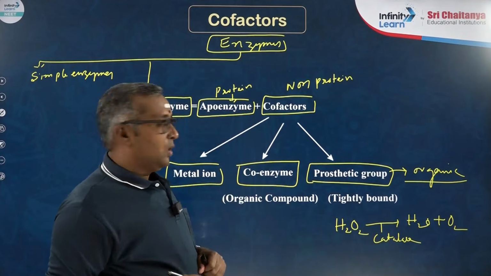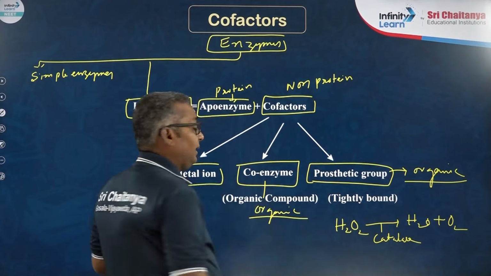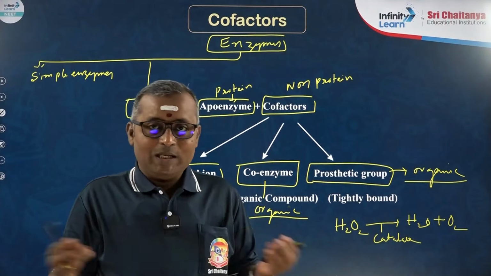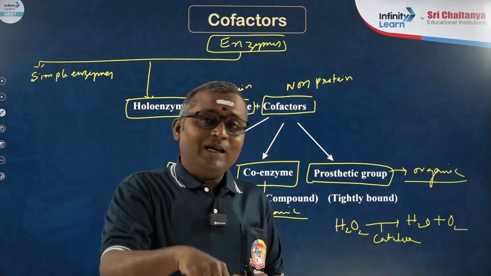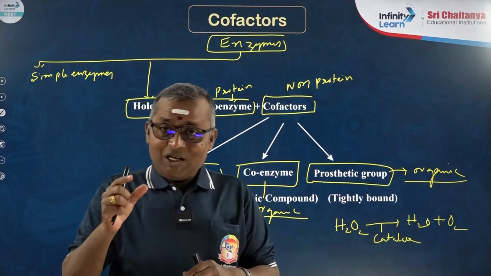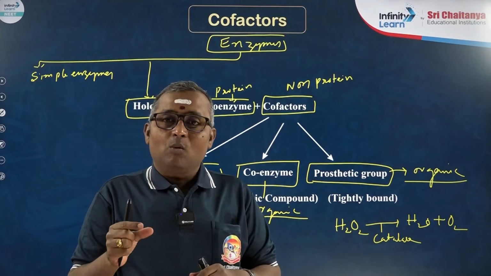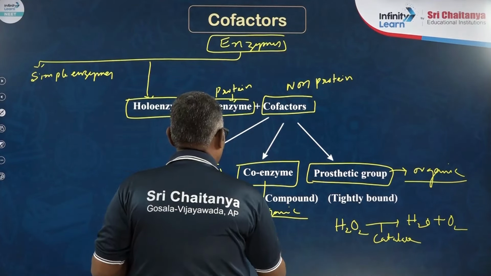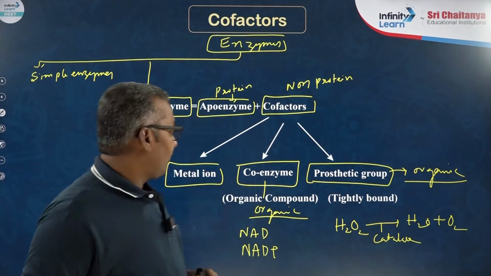Next, coenzyme. A coenzyme is also an organic cofactor. It binds transiently with the apoenzyme of the enzyme. So what is the apoenzyme here? The apoenzyme is nothing but the proteinaceous part of the enzyme. It binds transiently, during the catalysis process. The essential components required for the formation of these coenzymes are water-soluble vitamins. Let us take for example NAD, nicotinamide adenine dinucleotide, and NADP, which are important examples of coenzymes.